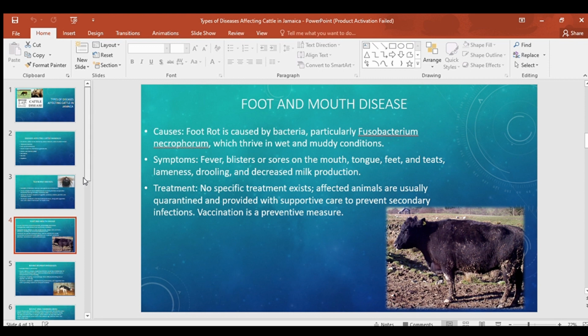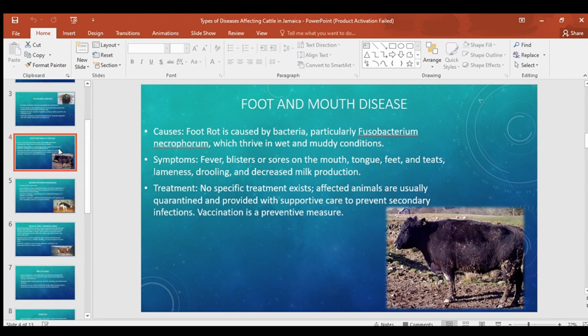Next one is the foot and mouth disease. The cause of foot and mouth disease is bacteria, in particular Dichelobacter and Mycoplasma, which thrive in wet and muddy conditions. Symptoms of foot and mouth disease involve fever, blisters or sores in the mouth. You have sores on the tongue, sores on the feet, sores on the teats, and the teats are like the nipples on the udder. The udder is like the cow's breast. And you get lameness, you see the animal drooling, and you see a devastating decrease in the